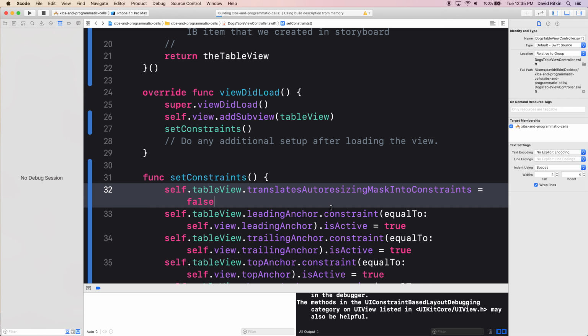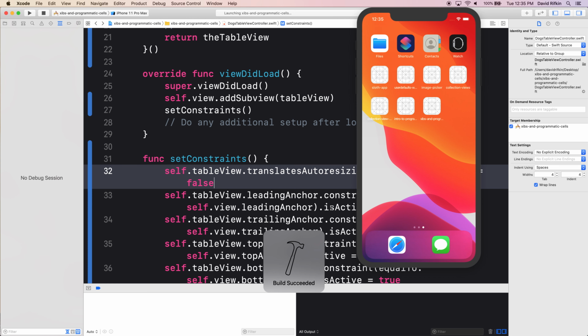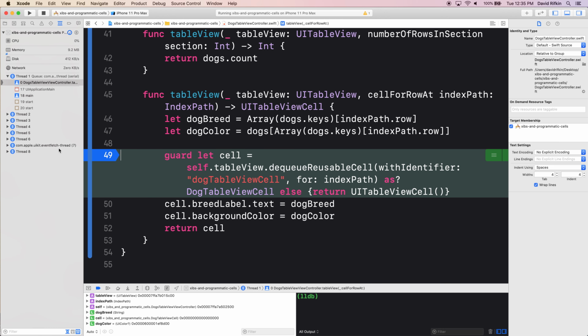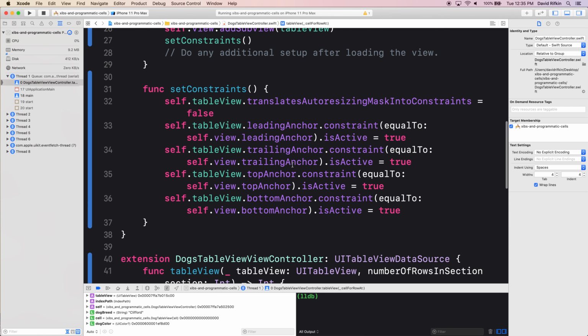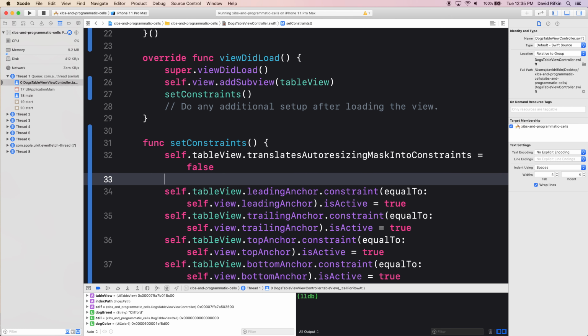It has something to do with something called an auto resizing mask. Iram or Olympia, have you ever used this auto resizing mask thing and made it true? Have you made it false every time you've created constraints? Would you recommend doing that? Cool. And also you can put all the constraints in an array and